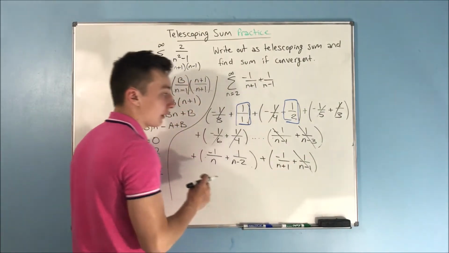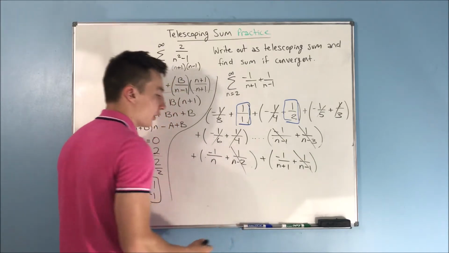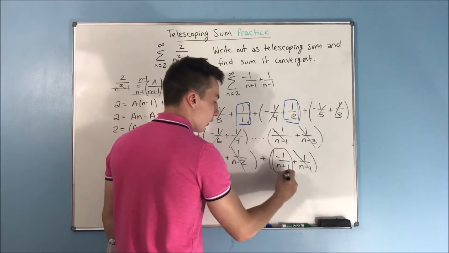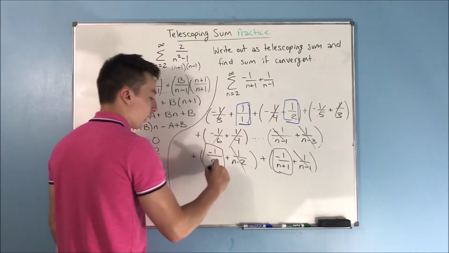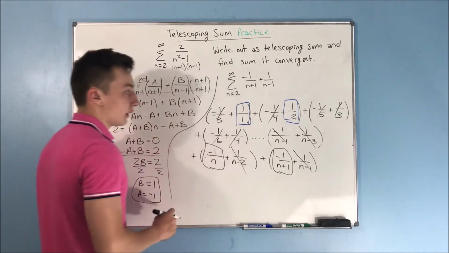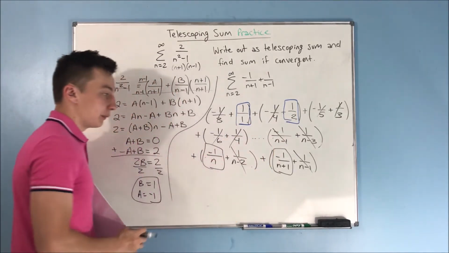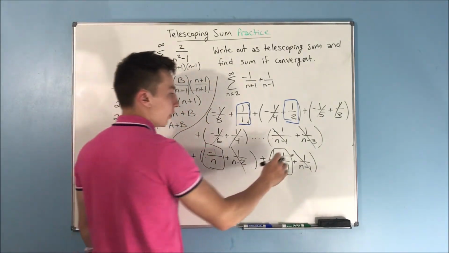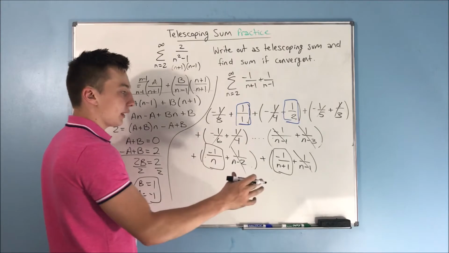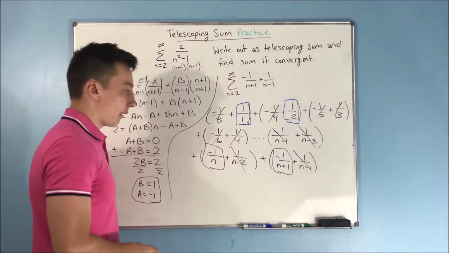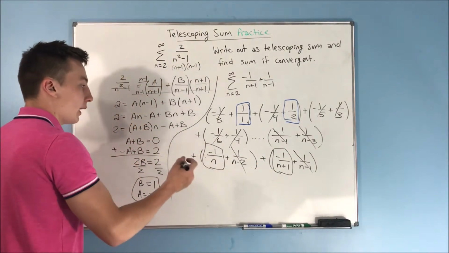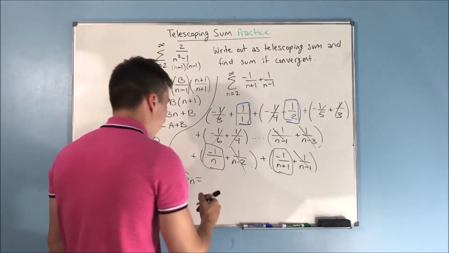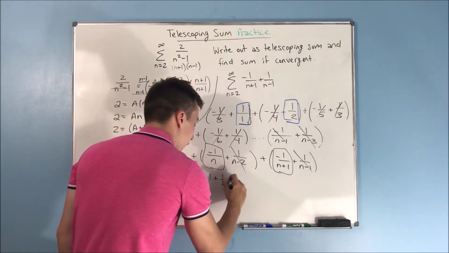By the same reason that we cancel out the 1 over n minus 3, this 1 over n minus 2 will be canceled out. And we're left with these 2 terms here, and you can kind of think about it to yourself if you're not sure why these stay, but these will also stay just like the 1 over 1 and the 1 over 2. Because this 1 over n minus 1, the 1 over n minus 2, the 1 over n minus 3, they're all being canceled out by terms that came before it. Okay? So now we can actually write out our total partial sum, which is going to be 1 plus 1/2